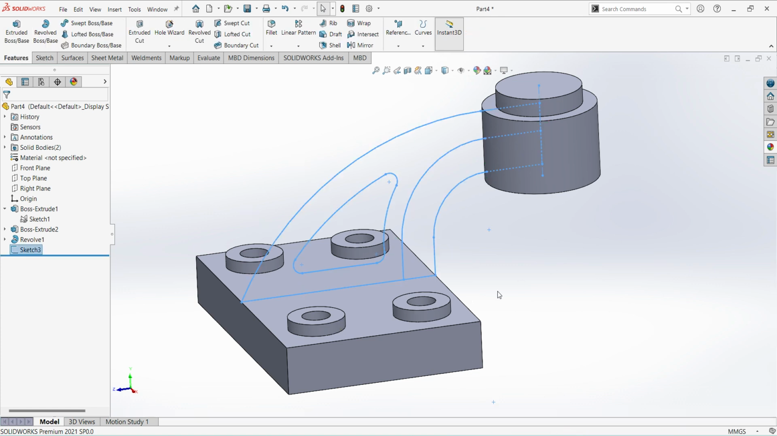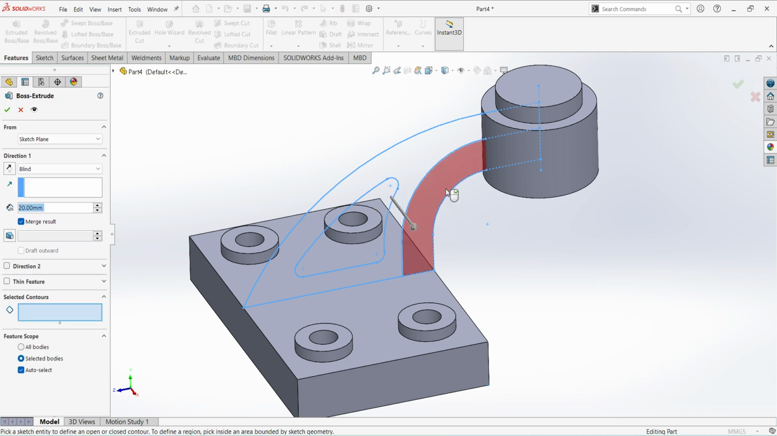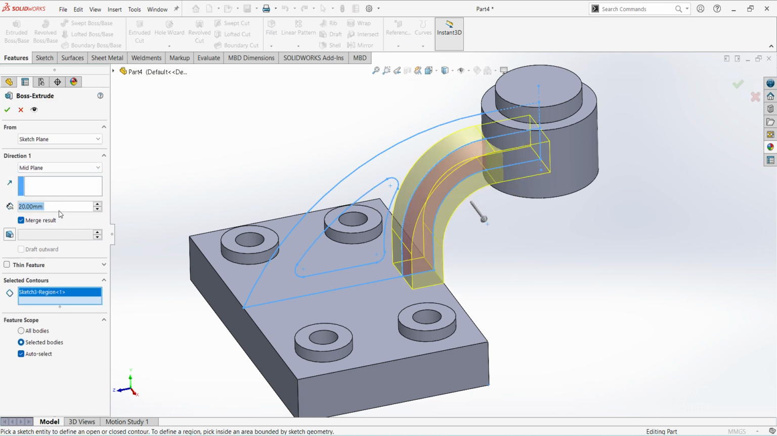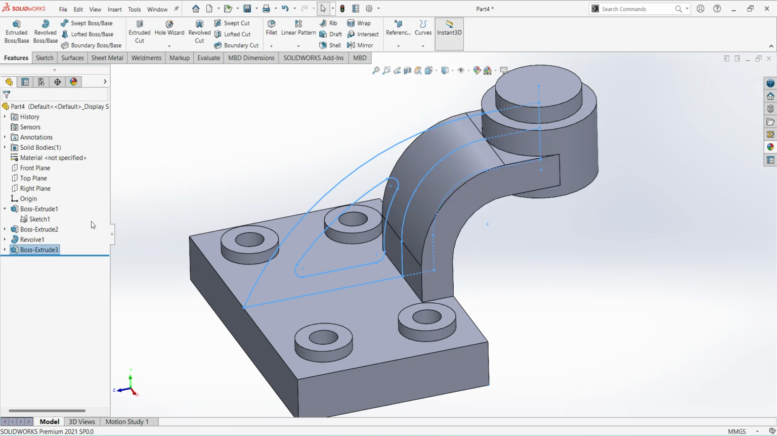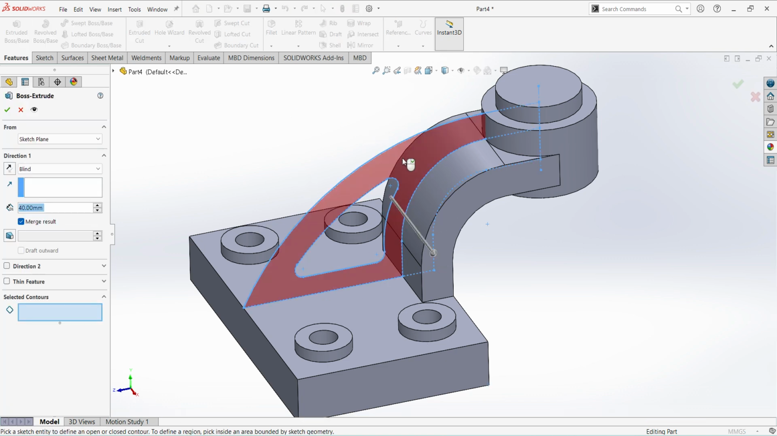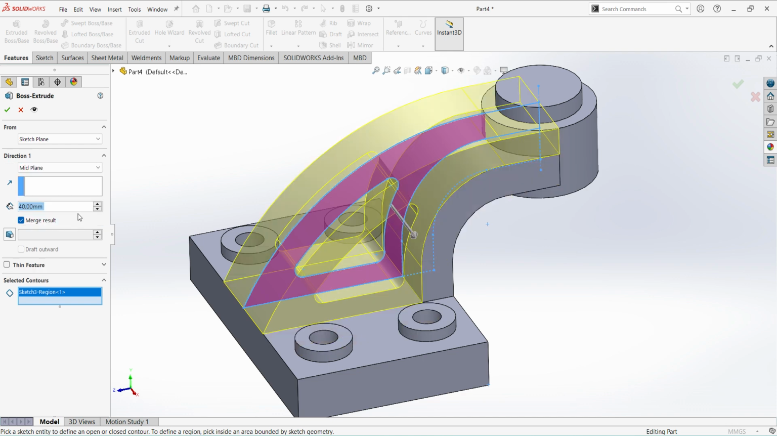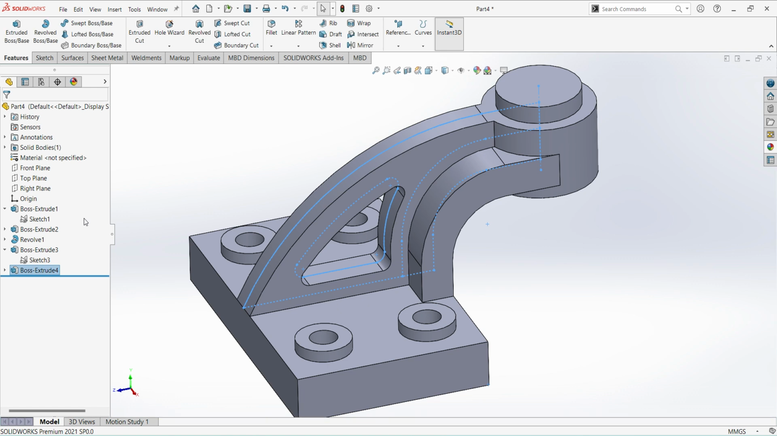Finish sketch, select extrude, first select this and this, here select mid plane, give 40 mm, okay. Next select sketch, extrude, select this, here select mid plane, thickness is 13 mm, okay. Control 7,